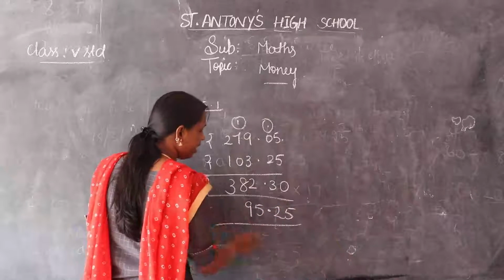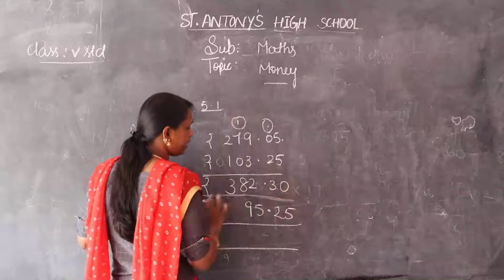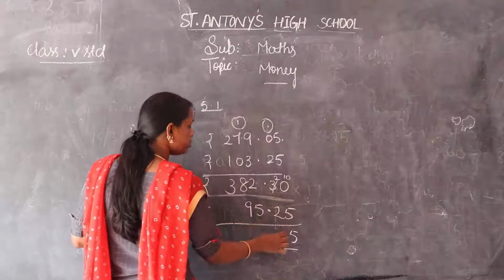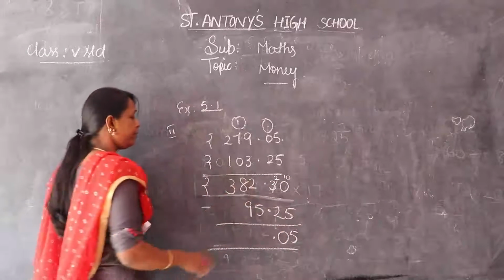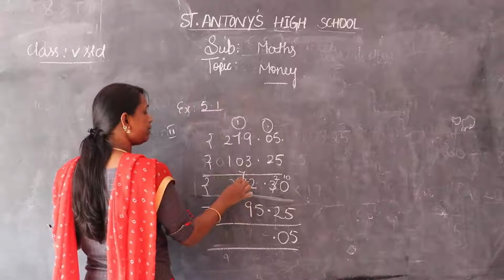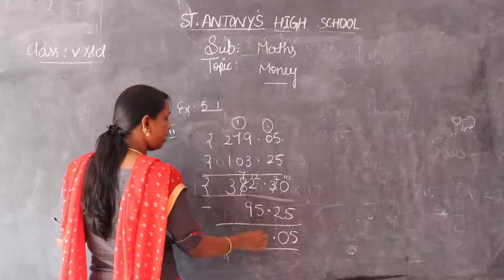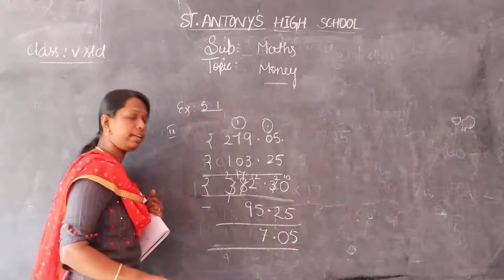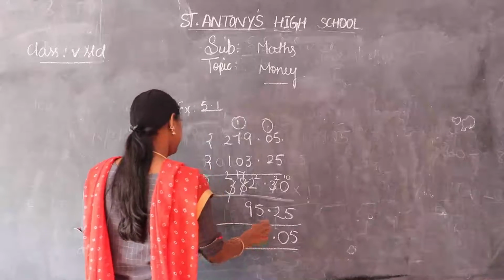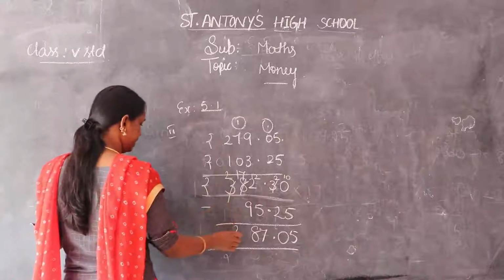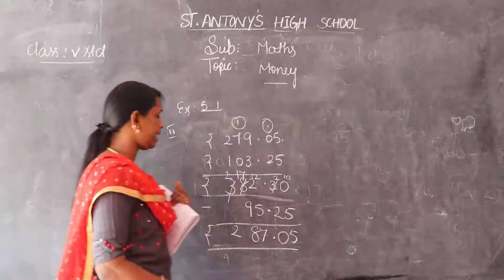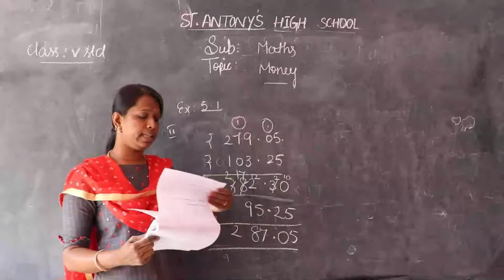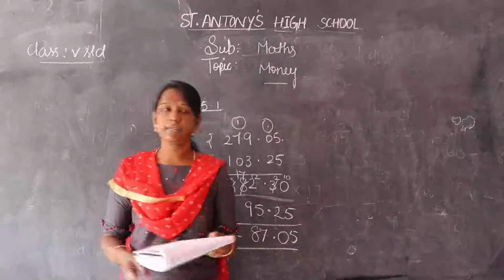95.25 from this addition. Okay, here 0 is there, so this becomes 10, this becomes 2. 10 minus 5 is 5. 2 minus 2 is 0, point. Here 2 is there, take a borrow from the nearest one, this 8 becomes 7, this 2 becomes 12. 12 minus 12... 7, this 17. This becomes 2, this 7 becomes 17. 17 minus 9 is 8, and then this 2. The answer is rupees 287.05 paisa. So somewhere we have to express the rupees in terms of paisa.